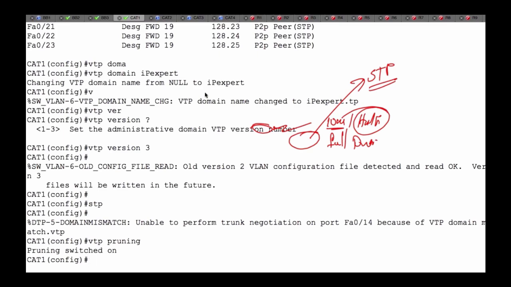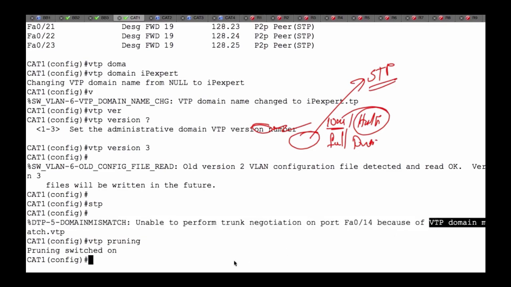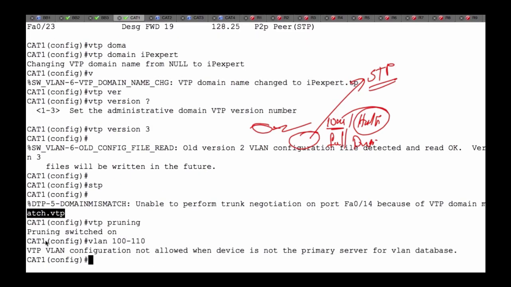Now we've got some issues here. Notice that I have domain mismatch information that's coming through here. It's coming through on different ports because of a VTP domain mismatch. Now that's not something that's necessarily going to bother me because what I'm going to do is I want to create some VLANs here. I'm going to say create VLAN 100 to 110. And I'm going to hit enter. And notice here it says VTP VLAN configuration not allowed when device is not the primary server for the VLAN